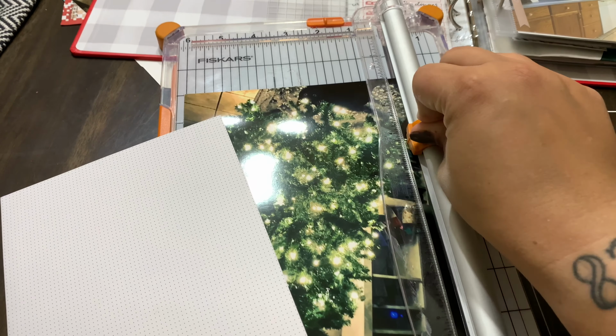So here I am trying to use up some of my embellishments. I find that I use way less in December daily than I do in my traditional scrapbooking or pocket crafting. And I am trying to get through all the beautiful embellishments that brought me joy that I purchased, but it's